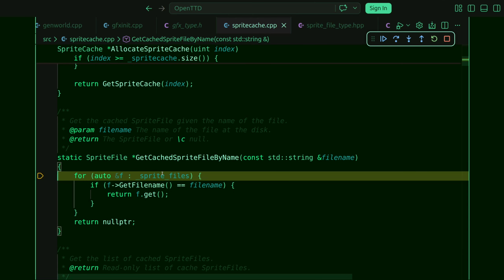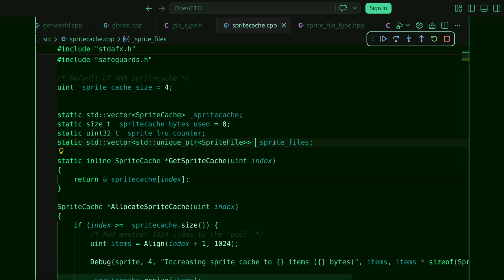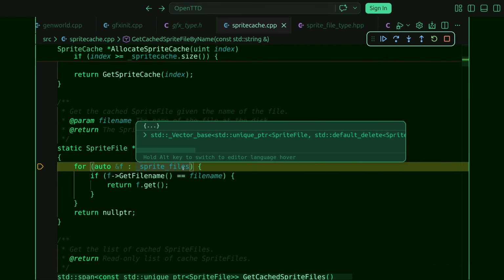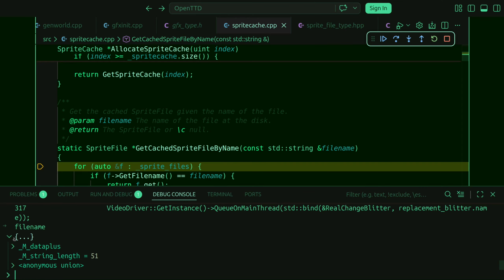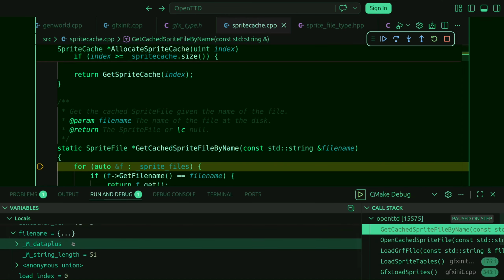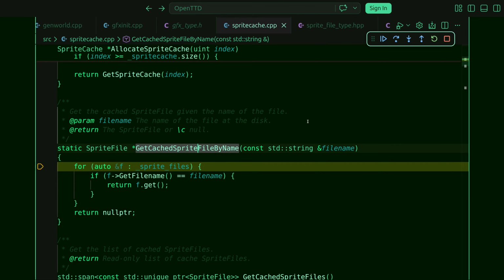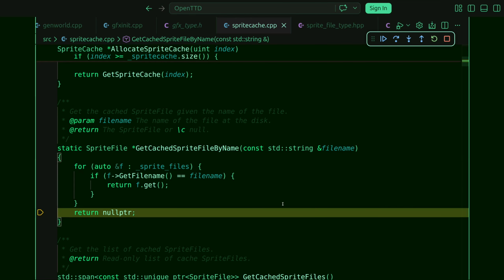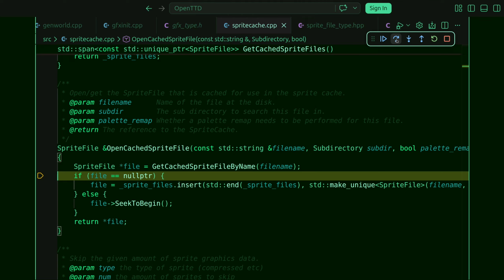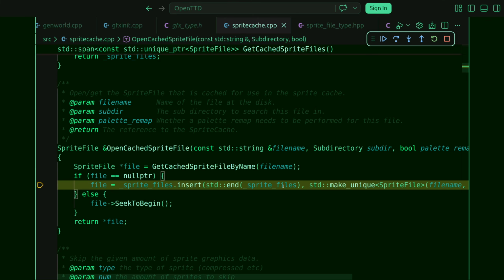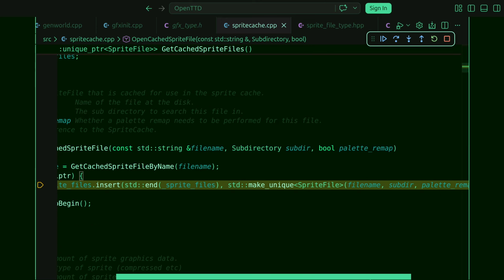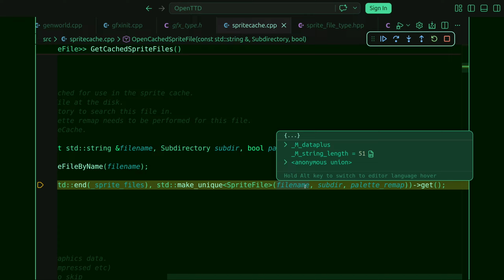Okay, and it seems we just have global sprite files, which is empty anyway. So this should return null. So in that case, we just insert at the end the sprite file of this file name